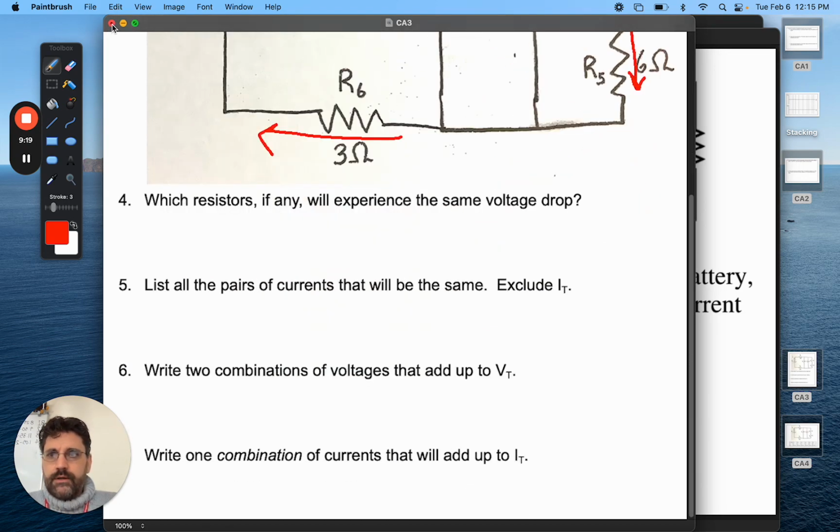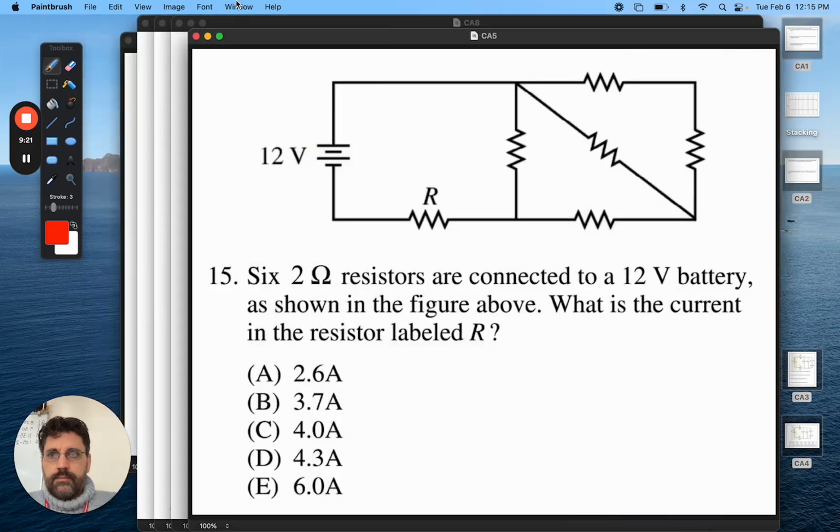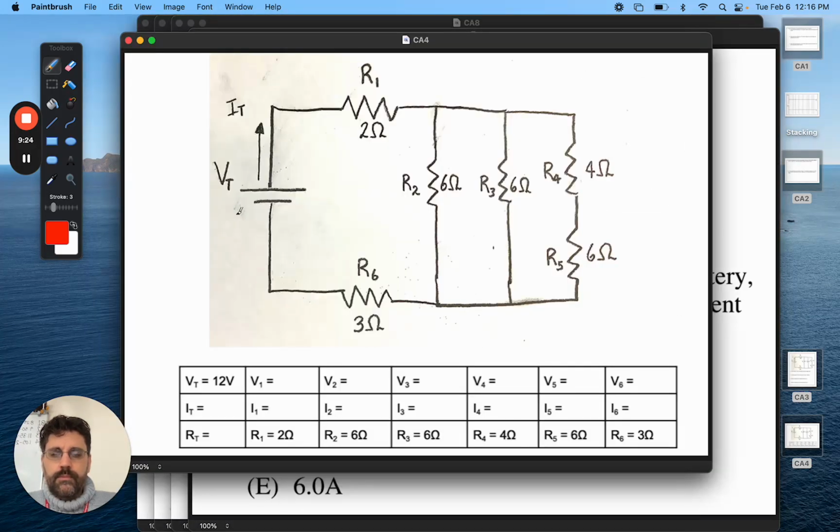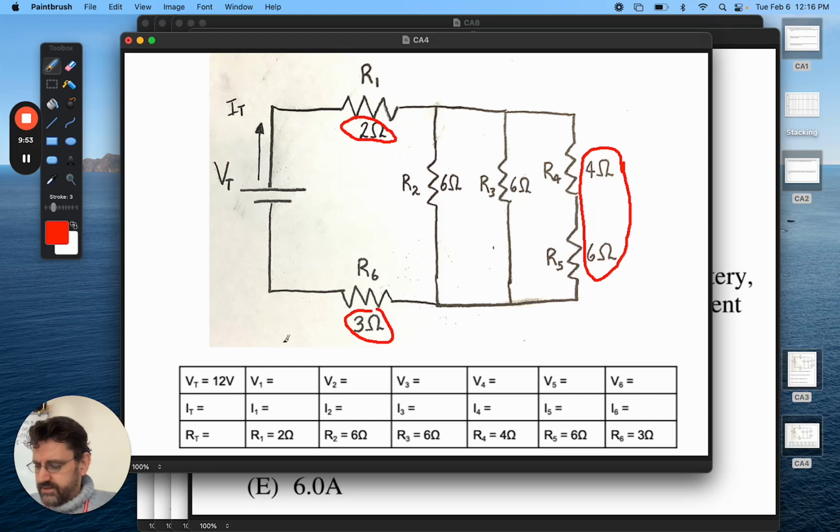Okie doke. Next part. So the way to do this is first combine, this is the combined resistance. I would do combined resistance first. 4 and 6 is 10. And then you do 1/10 plus 1/6 plus 1/6 and take the reciprocal. And that gives you the combined resistance of that parallel branch. I don't remember what that is right offhand. But then you add that to 3 and add that to 2 and done. And the total resistance ends up being like 7.3